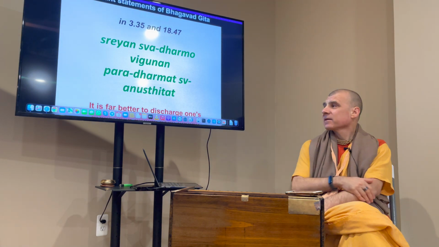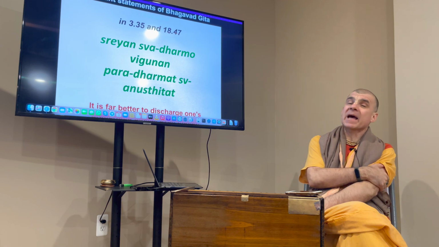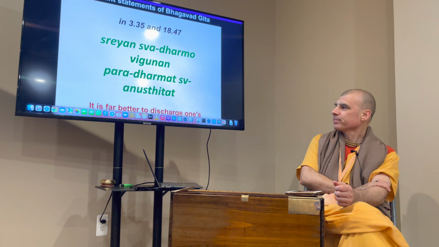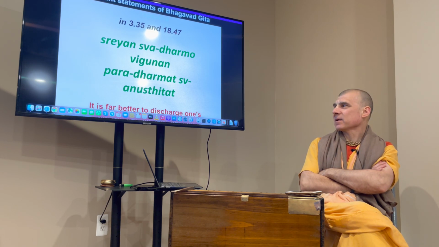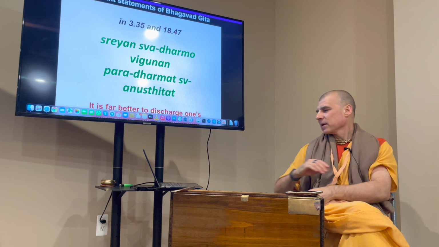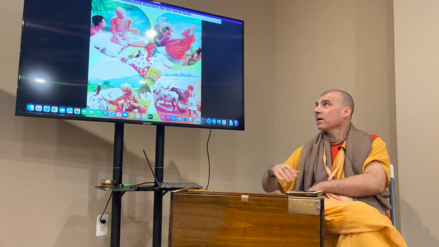And the second repeated statement is in chapter 3 again, text 35, which is the conclusion of Bhagavad-Gita. And that is shreyan svadharmo vigunah paradharmat svanushthitat, which means it's far better to discharge one's own duties, even though imperfectly, than another's duties perfectly. So that is the application in Varnashram,